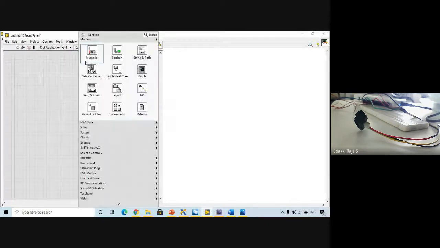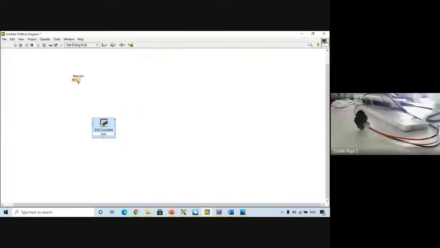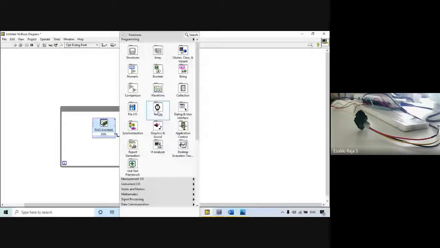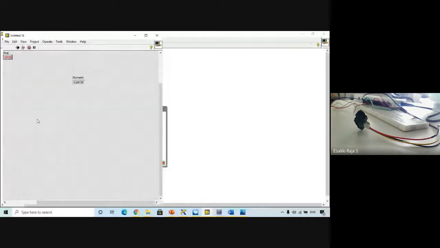Here I'm going to have an indicator, and I can connect it directly to the indicator. For continuous execution, I'm going to use a loop, and I'll be specifying some delay. Create constant. So the programming part is that's it. We just need to acquire data, and for acquisition, I'm using this. That's it.